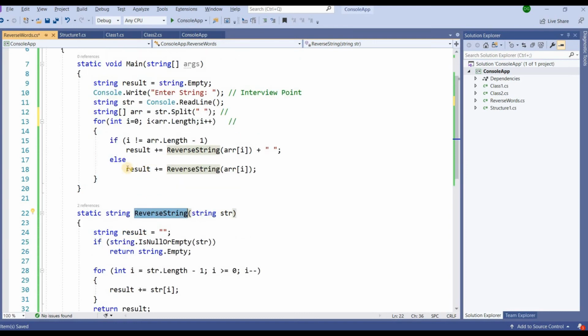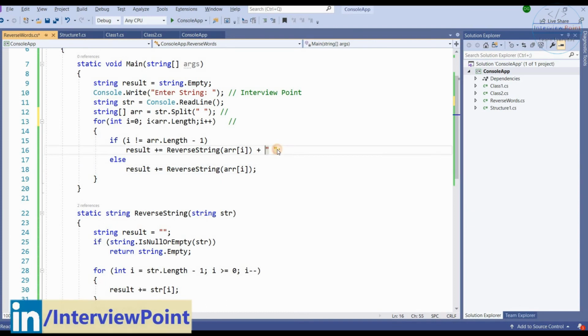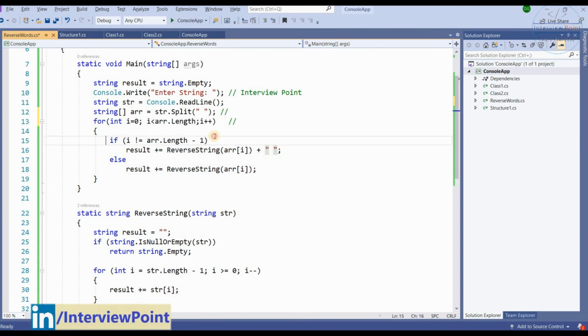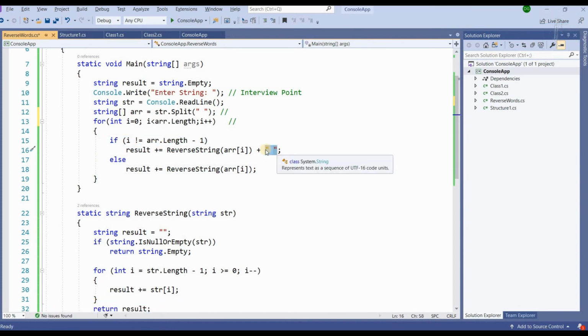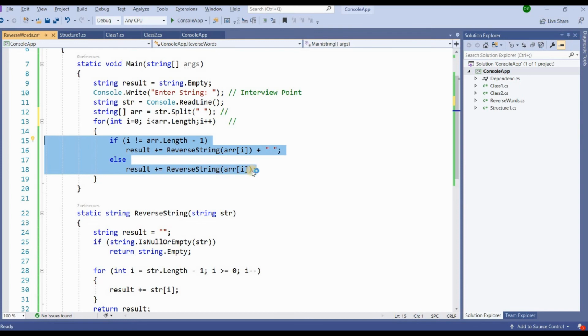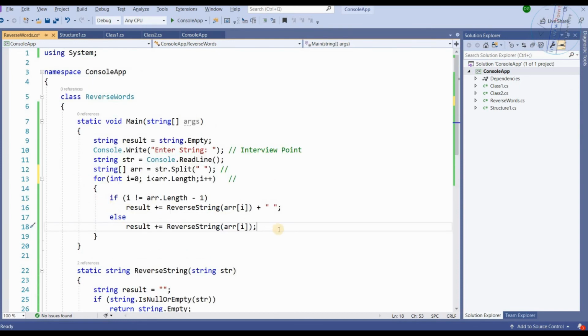When we get the last word, at that time I don't want to print the space, that's why I have written this line. Otherwise, actually we don't need this if and else condition, but for the perfect program we have to handle this space, so that's why I put this if and else condition. Actually we will not see the space after the string, but here we are 100% sure that our program is 100% correct.